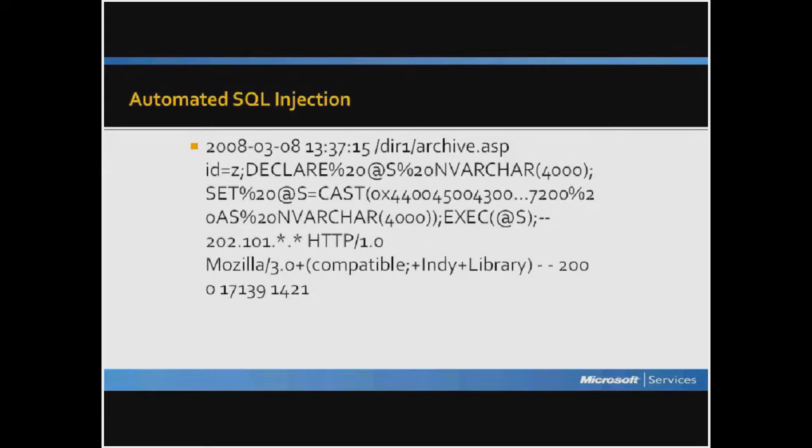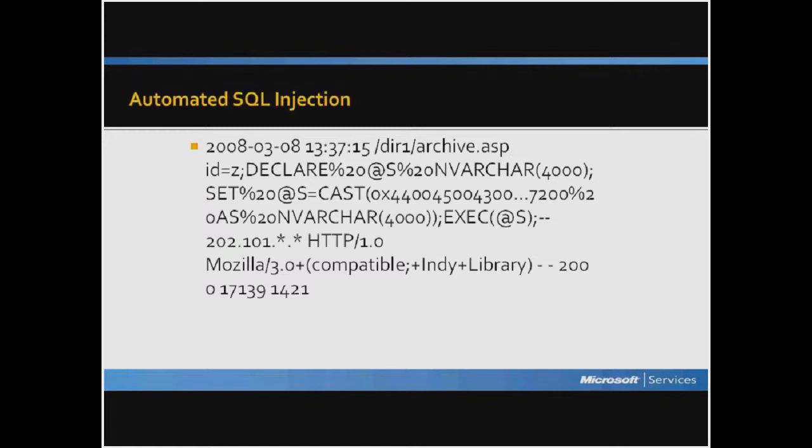So what does this look like? Well, this is what we found in the IIS log, and I've edited some of this out. You'll see that there's a long hex right after cast in there. There's a long hex number. That number actually goes on for quite a while. I just put 3 dots in there because it wasn't helpful to cover the whole slide with hex numbers, really. But this is what we saw, and this is a very interesting